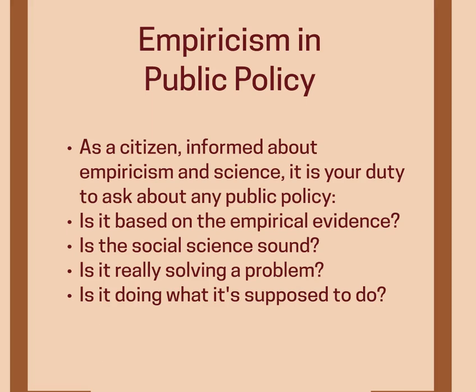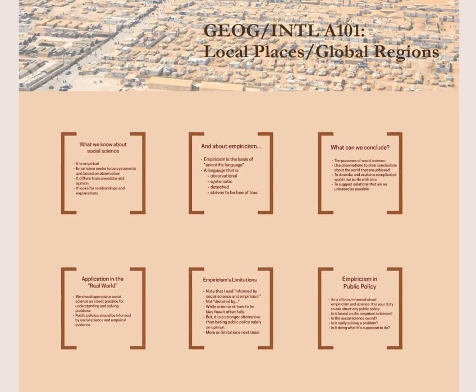So in some ways, this doesn't bring to a complete conclusion, but it brings to a partial conclusion what I started very early in the semester asking: why is it that we are in social science GER in the first place. And I think that this is one of the really important reasons why. This idea that empiricism and social science can be an incredibly powerful tool in public policy. And as citizens who vote on issues that have to do with public policy all the time, we should be really demanding that politicians who set these public policies are using empiricism and the sciences in order to come up with these policies.